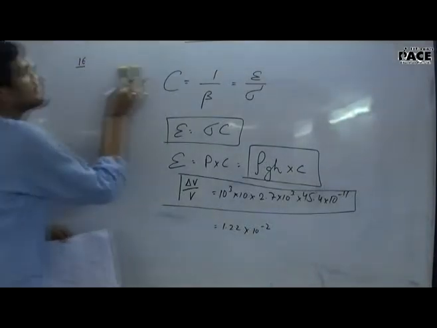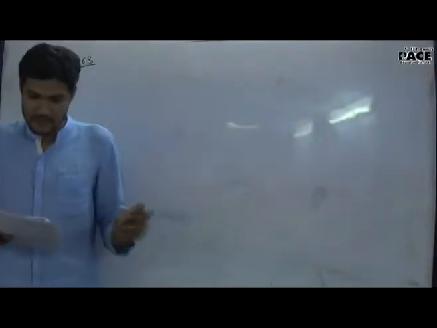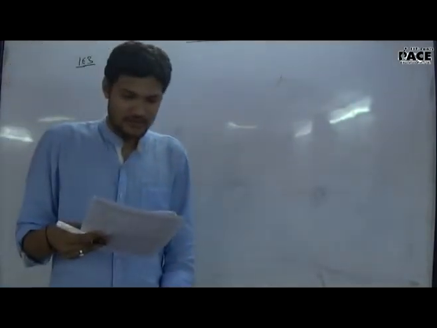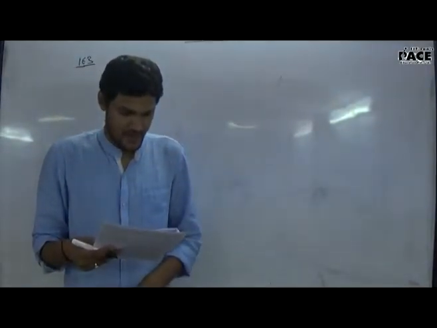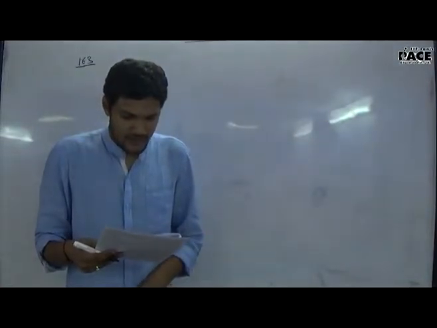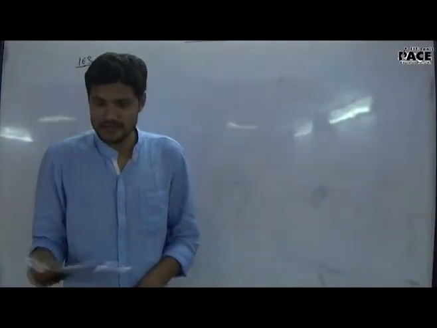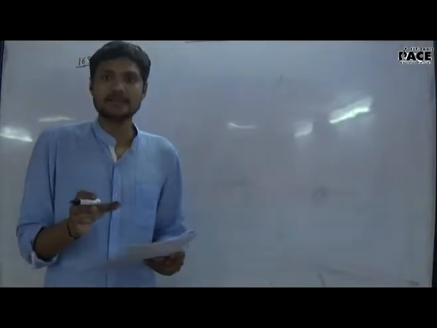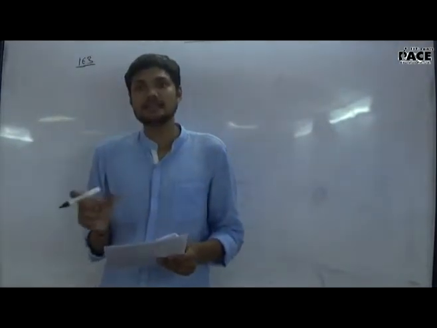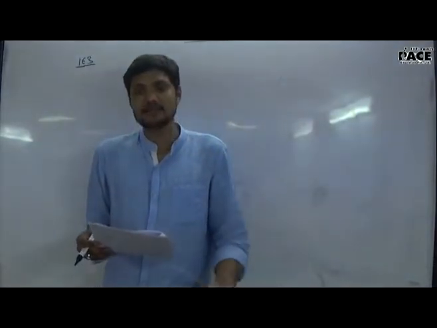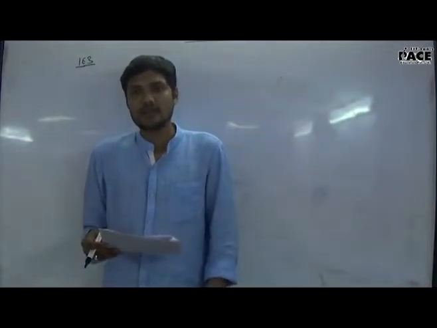Now let's move on to question number 163. Two particles of masses m1 and m2 move with initial velocities u1 and u2. They collide. On collision, one of the particles gets excited to a higher energy after absorbing energy E. Final velocities are v1 and v2. It's a pretty obvious question. The initial energy is provided to the system, and the change between the final and initial energy is the energy required to excite the electron from one state to the other.